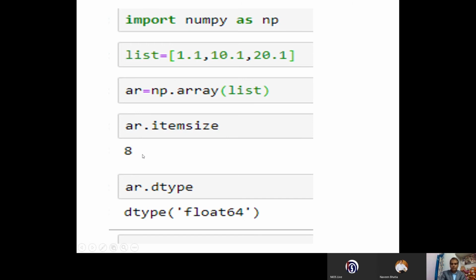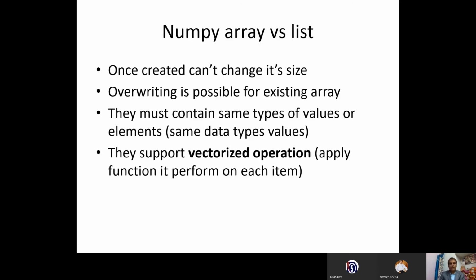Okay. Right, next. Now we will compare the NumPy array and list. I told you there is a difference between array and list. Why are we not using list when mixed data can be used in list? Why are we following the array? So that we will learn.